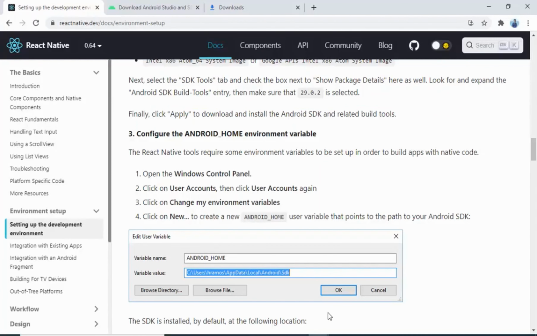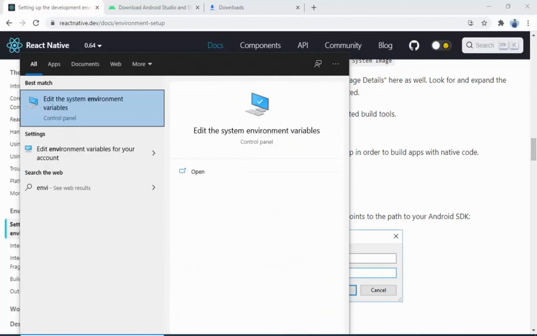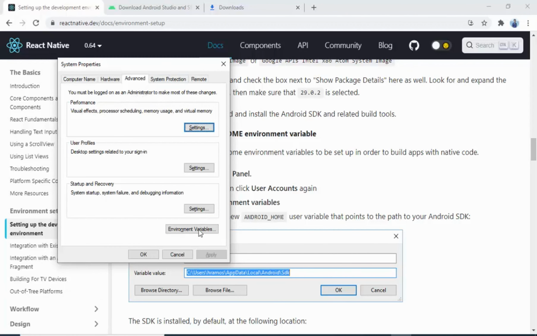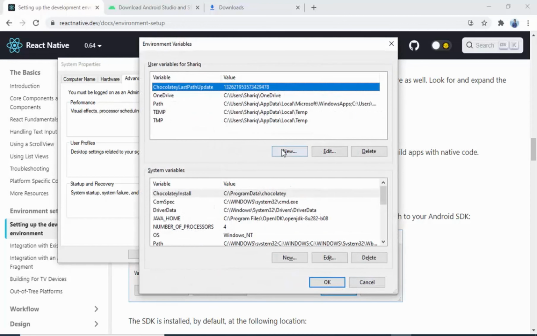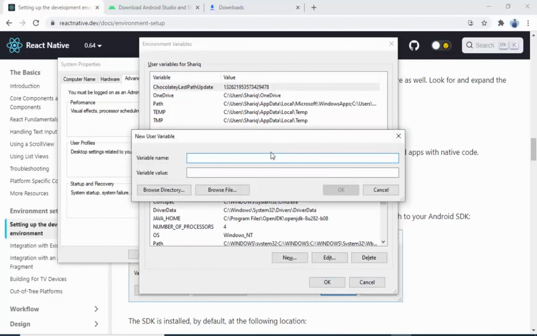Now we need to configure the ANDROID_HOME environment variable. From here I will copy ANDROID_HOME to avoid spelling mistakes. I will search for environment variables here. Then I will go into the environment variables. Here I will add a new variable. I will paste the variable name here, ANDROID_HOME. For the variable value, I will go into